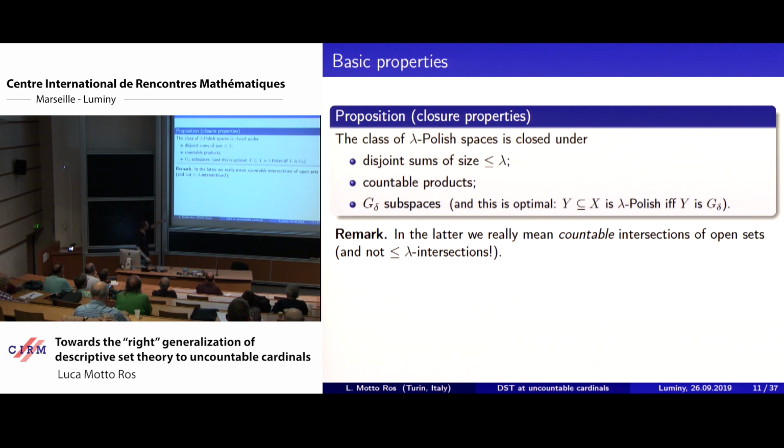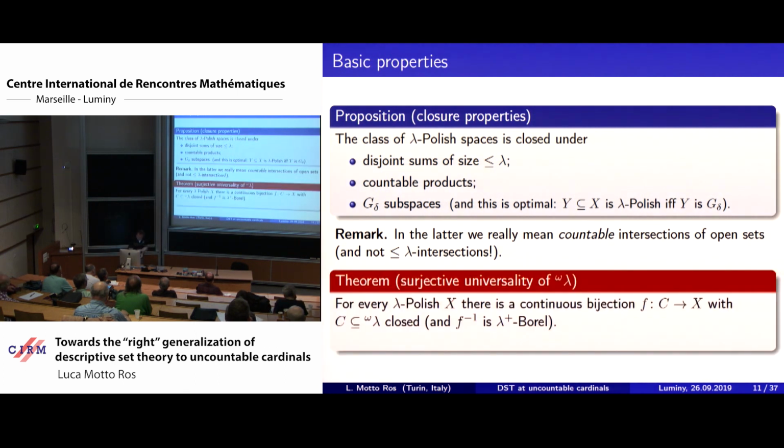So here we really mean G delta, so just a countable intersection of open sets, okay? It's not a lambda intersection of open sets. Okay, so these are just basic observations. The next thing that one can prove, it's very easy, is that if you take any lambda Polish space, then